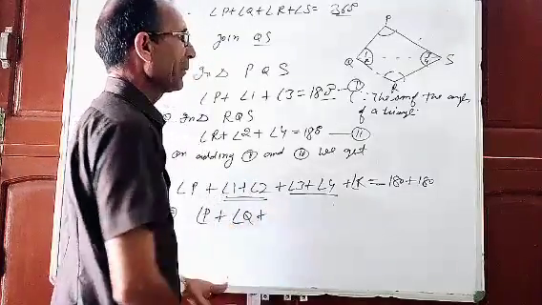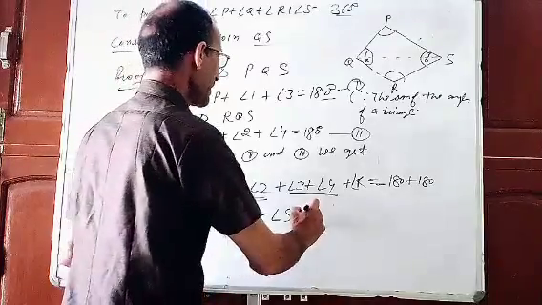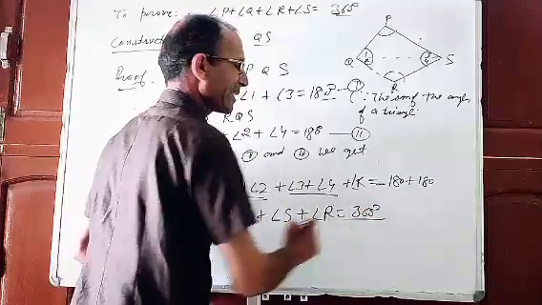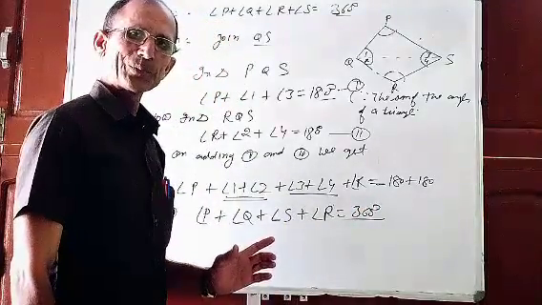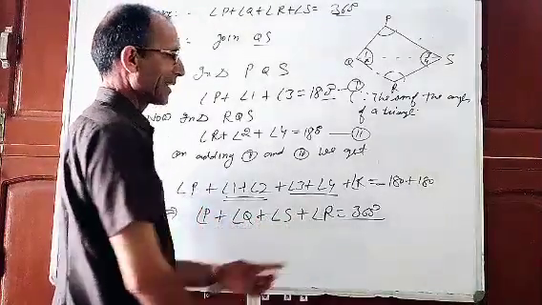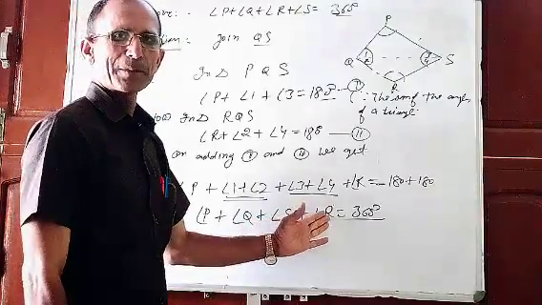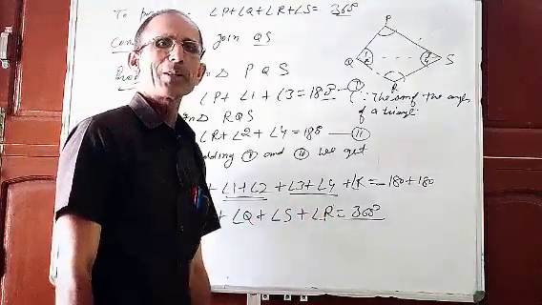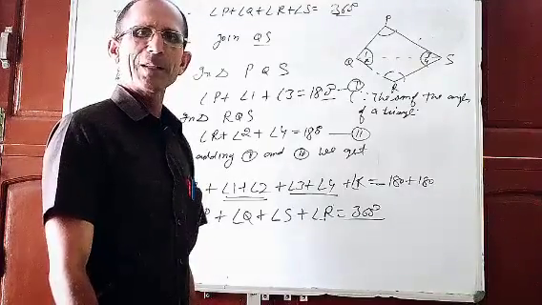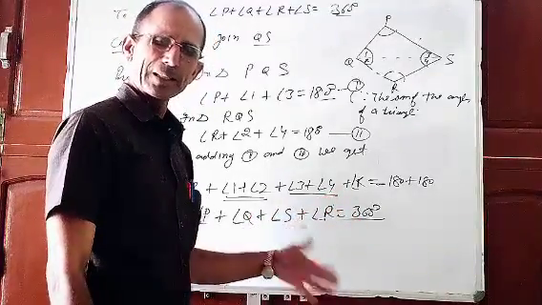So angle 3 plus angle 4, I will write here angle S, and this is already angle R. So 180 plus 180, 360. So this is proved. Understood? So angle P plus Q plus angle S plus R is equal to 360. It doesn't matter if I wrote S first and R after this. In addition, order doesn't matter, I told you already. 3 plus 4 is 7, 4 plus 3 is also 7. If R is written first or S later, no problem.